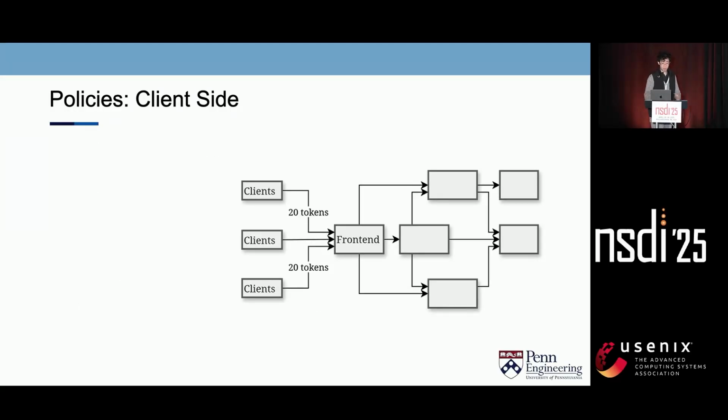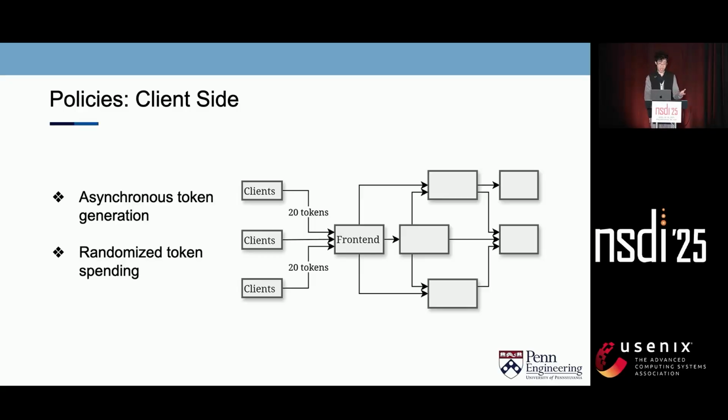And we have also provided some tunable policies. So at this point, you may ask, okay, client, what if they send the same amount of tokens? We actually try to avoid that. Even if they have tokens generated at the same speed, we ask them to generate at different times and spend a random number plus the price. So it would look like 22, 24 times like this, so the threshold could still work.